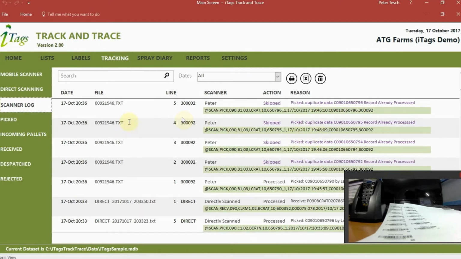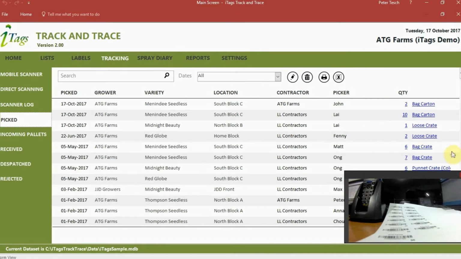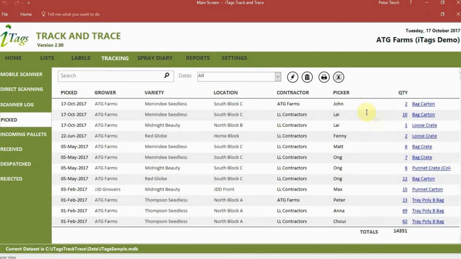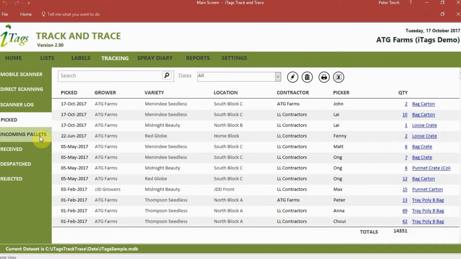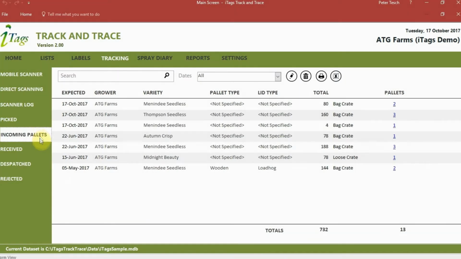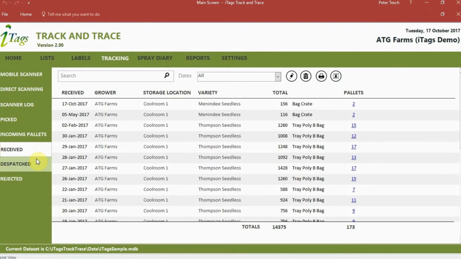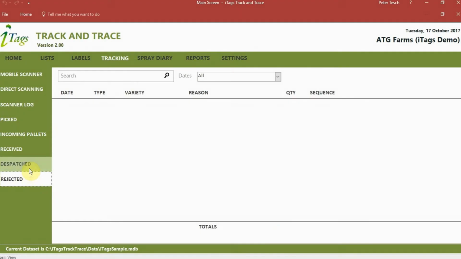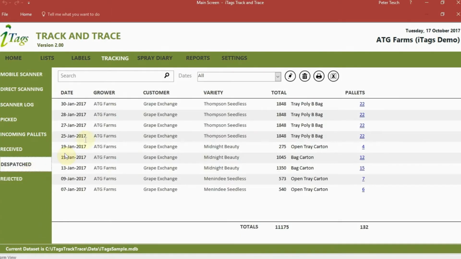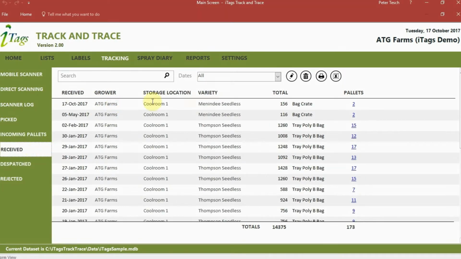Once you've brought that data into the system, you can then look at picked barcodes. So in this case, this will show us what's been picked, the different barcode numbers. I can look at pallets that are supposed to be coming in, pallets that were received, also items dispatched, sent out to customers, and then if you have any rejects, we don't in this case. Again, all of those can be sorted and looked at by grower or by